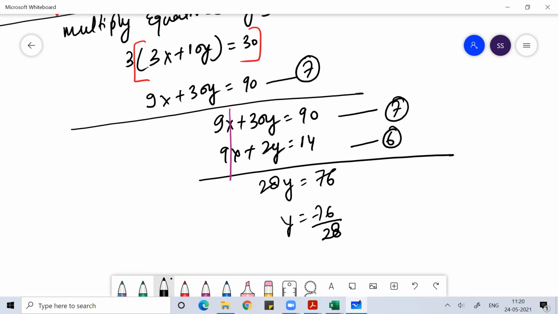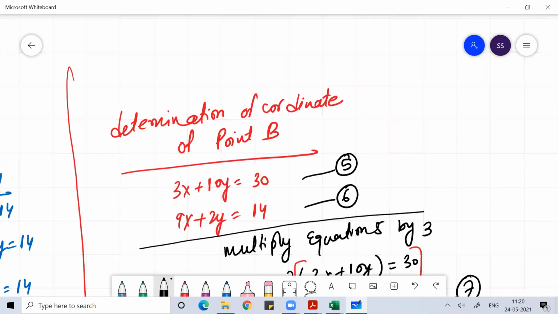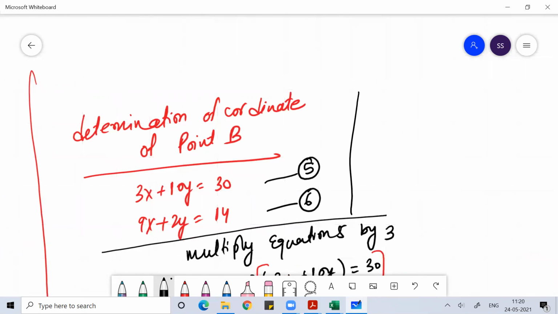So y is equal to 76 by 28 means what? This is 1 za 19 by 7. So 7 4 za 28, 19 4 za 76. So the y value I got is 19 by 7. Once I get the y value as 19 by 7, I'll put y is equal to 19 by 7